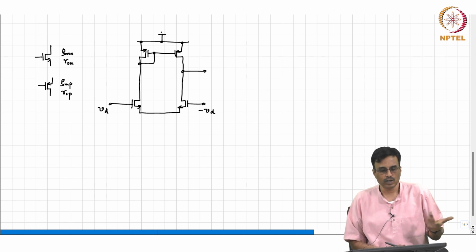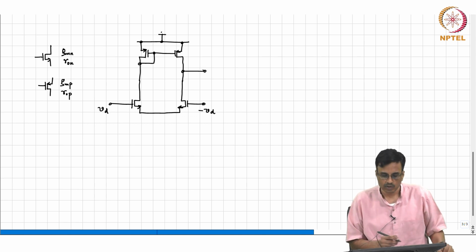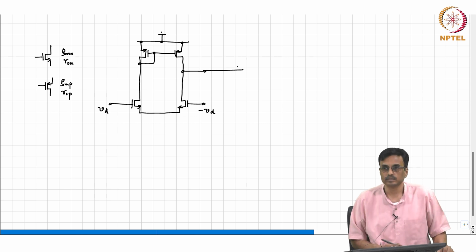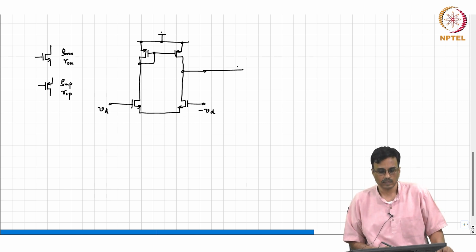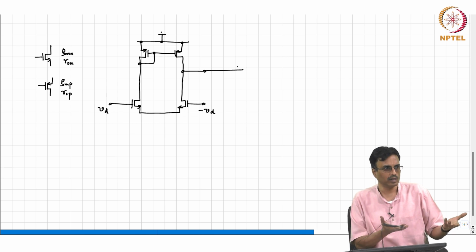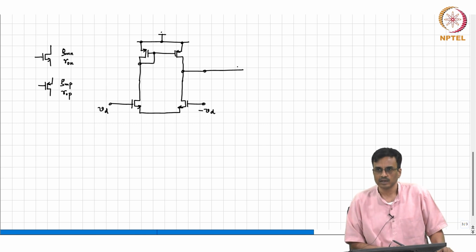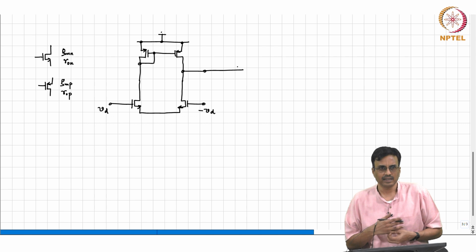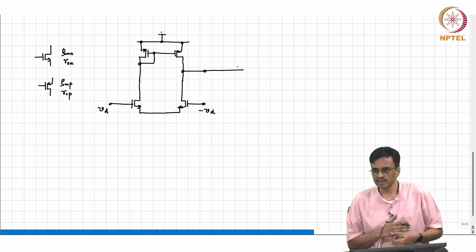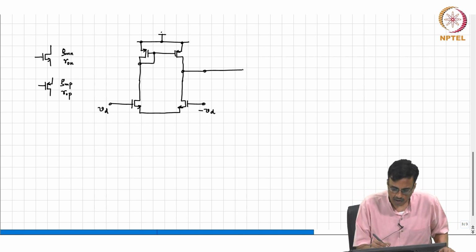Now, what are we trying to find? We are trying to find VO or the gain equivalent. So, as usual, what will we do? How will you find the gain? What did we do in the previous case? You find the Norton current and then find the Norton resistance, and then do the same thing. So, the Norton current is pretty straightforward. So, what will we do? We will put a 0 here,